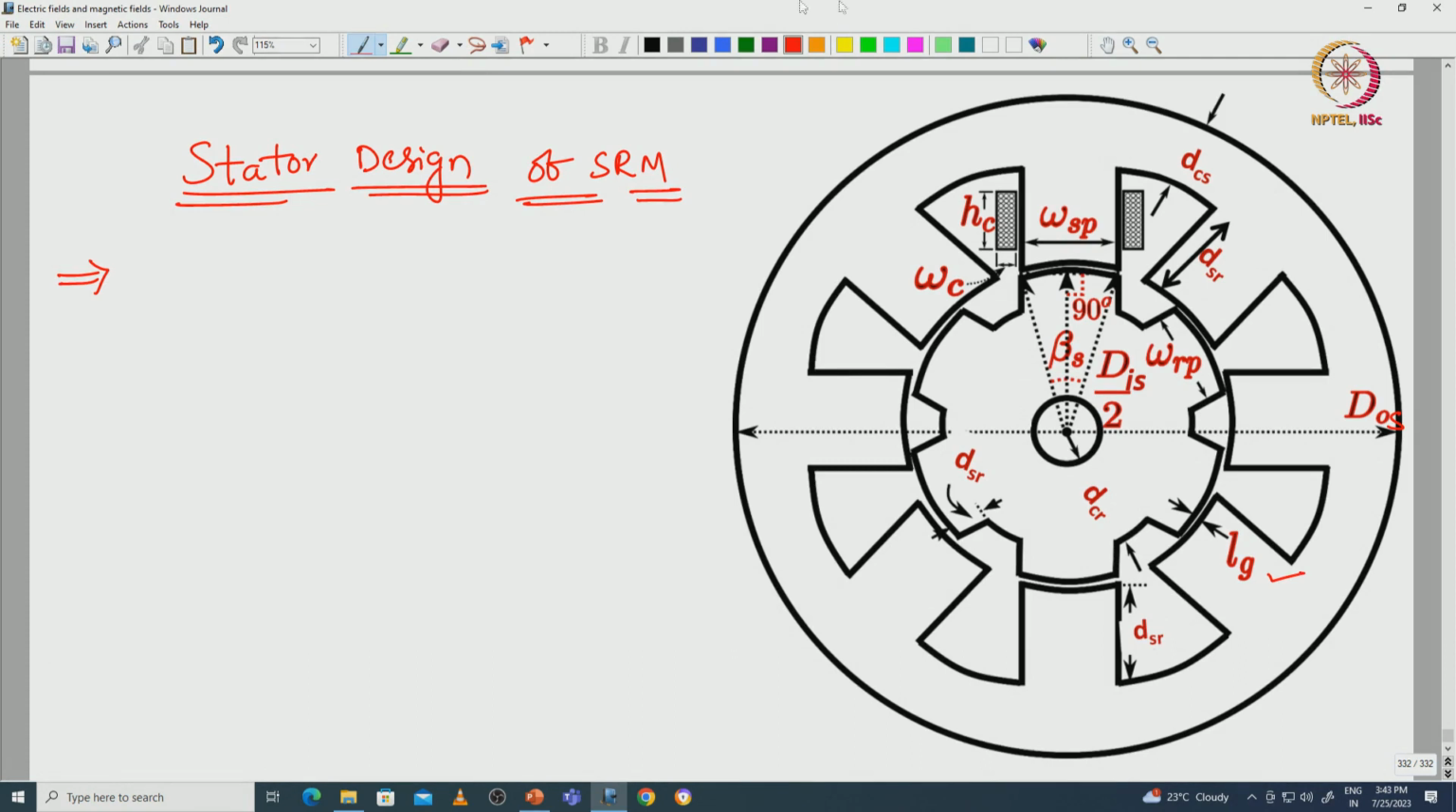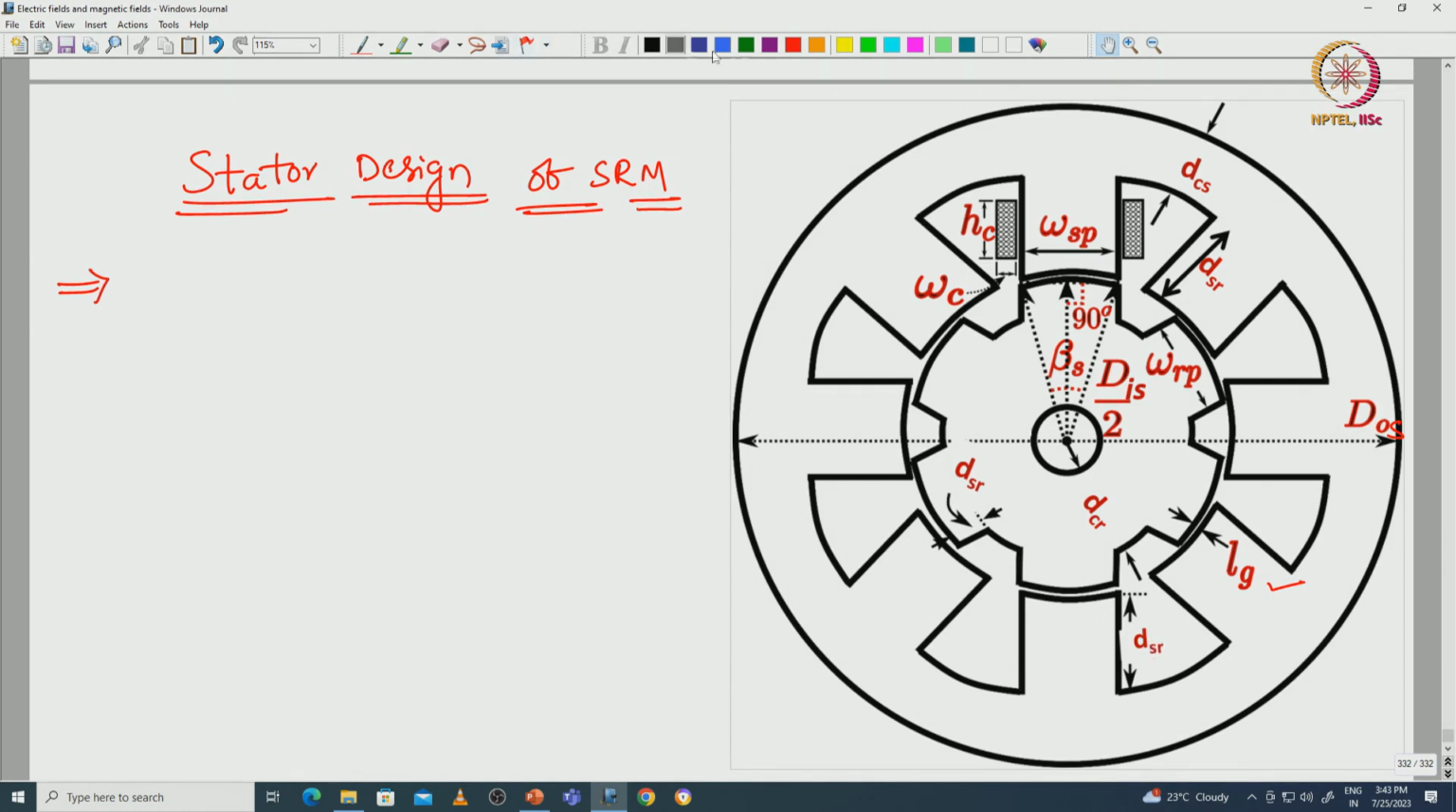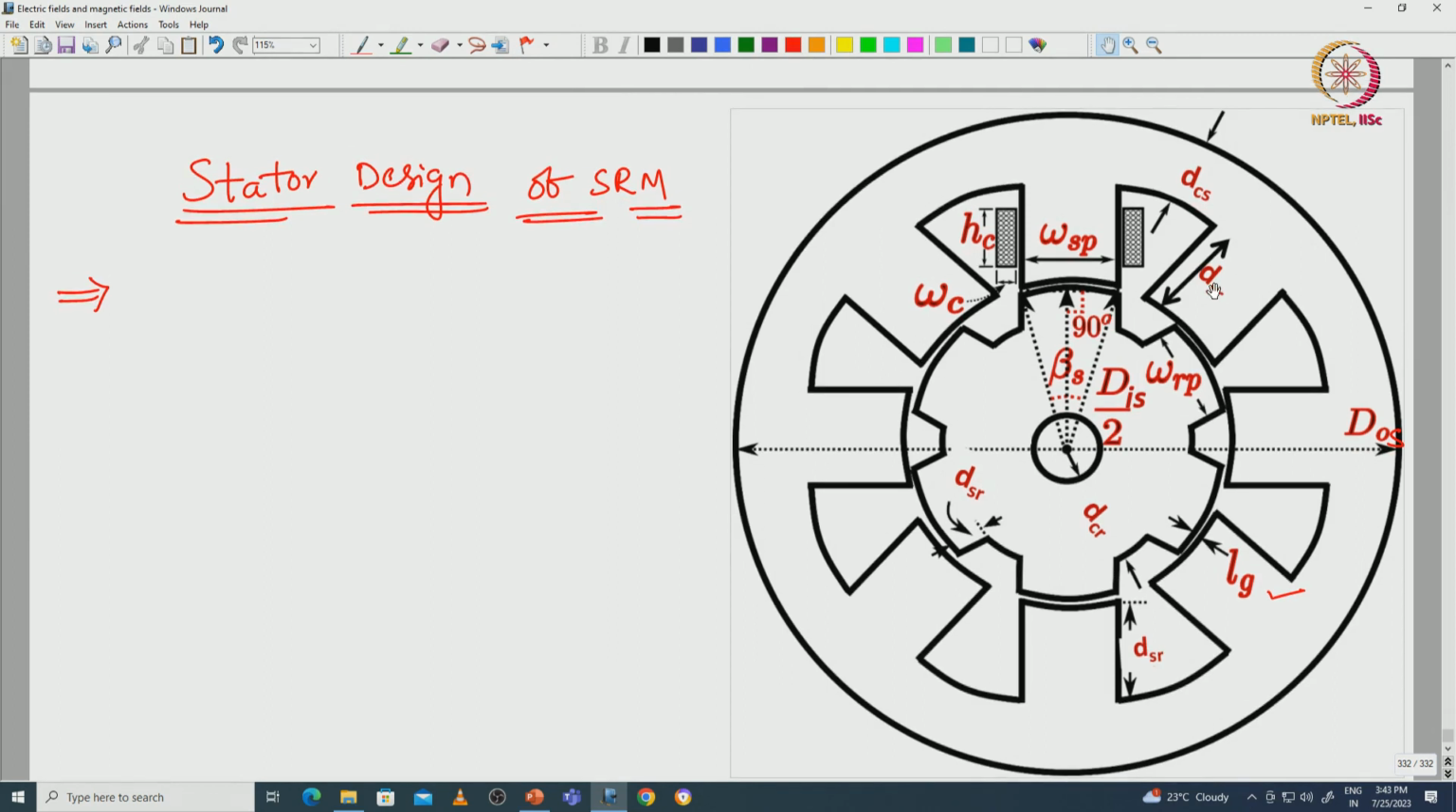Let us consider the switched reluctance machine having an outer diameter d0s and inner diameter dis, and the length of air gap is Lg. Pole height with respect to the stator is dss, and pole height with respect to the rotor is dsr, and inner diameter of the stator is dis, and pole width with respect to the stator is wsp, and pole width with respect to the rotor is wsrp, and back iron thickness of the stator is dcs,